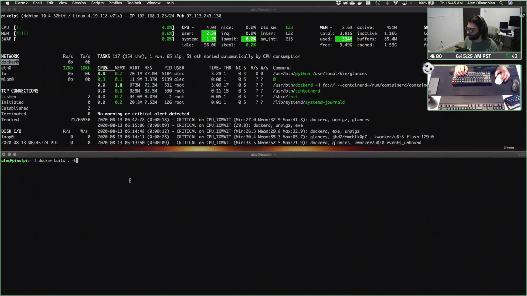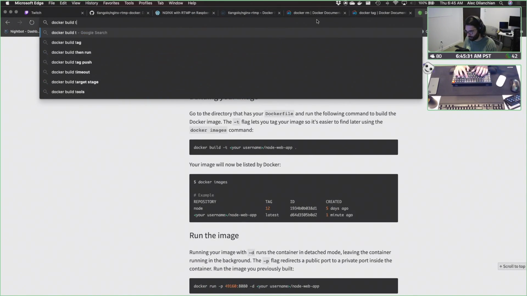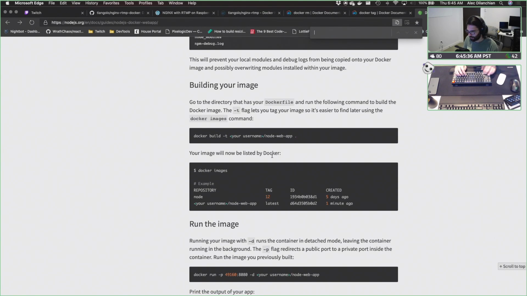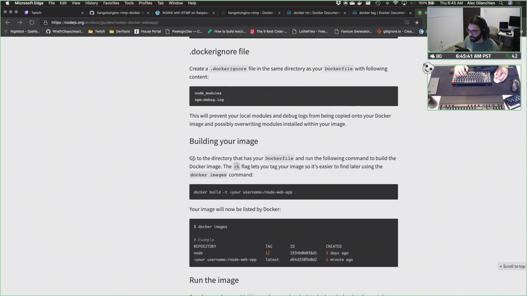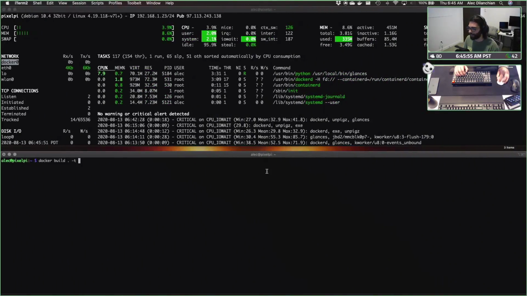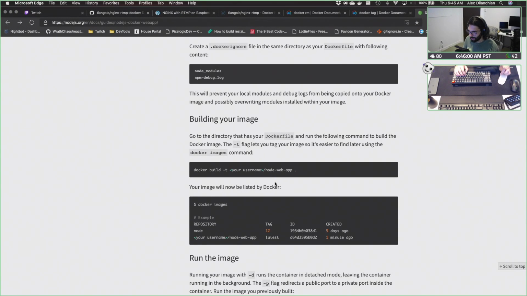Well, either way, we already canceled it, right? So if I do tag here, Docker build tag. I was looking for something that we use. Oh, I think it was literally just right there. Okay, building your image. So go to the directory that your Dockerfile is in and run the following command to build a Docker image. The -t flag lets you tag your image so it's easier to find later using the docker images command. Oh, right. Okay, so it's Docker build. Here. But then for us,